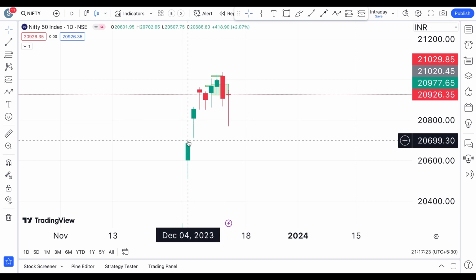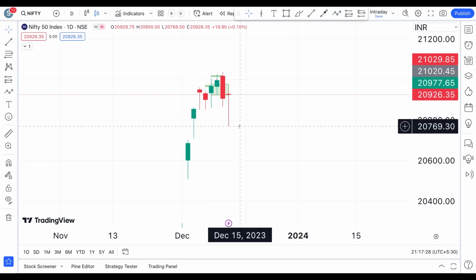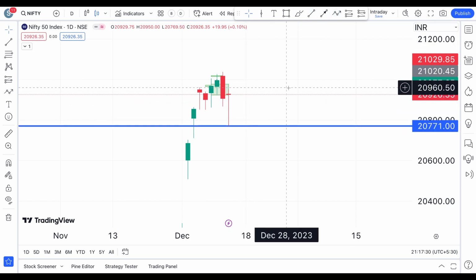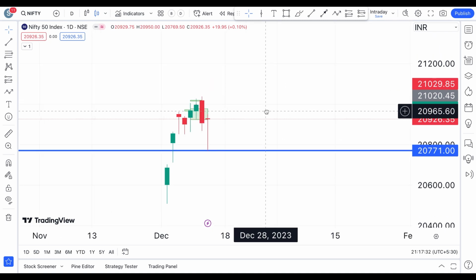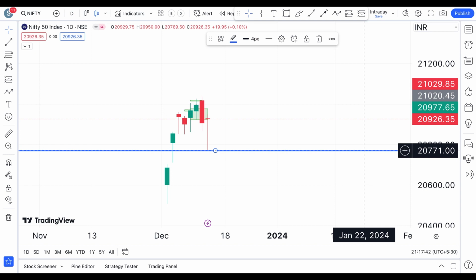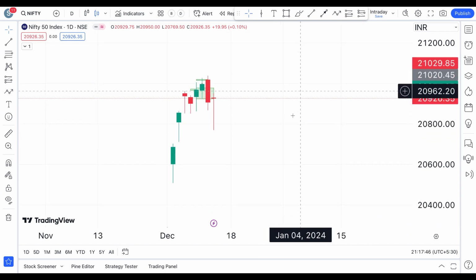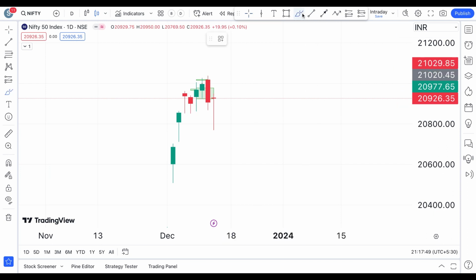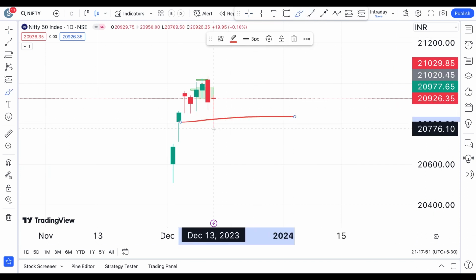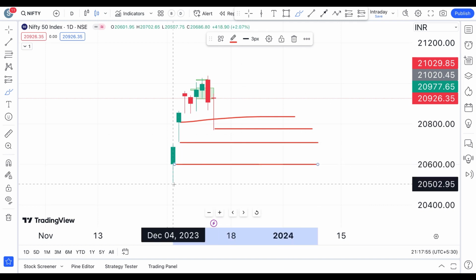But all these levels are going to act as support levels for the Nifty, and that is what has happened today. From this point, Nifty has had a very strong pullback and a very strong reaction, because that is around the 20,700 level. 20,700 is acting as a very strong support for the Nifty. So from here, if you are coming towards the downside, we have a lot of hurdles on the Nifty towards the downside. All these levels are going to act as support levels for the Nifty if it